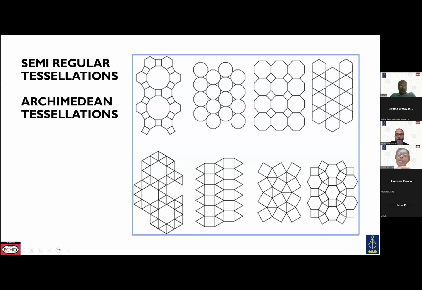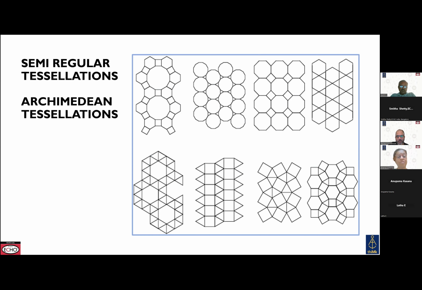So now we come to more than one regular polygon, and these are called semi-regular tessellations. Now if you look at tessellations formed by 2 or more convex regular polygons, these are sometimes called Archimedean tessellations also, and there are only 8 such tessellations. So these can again be discovered by the children,